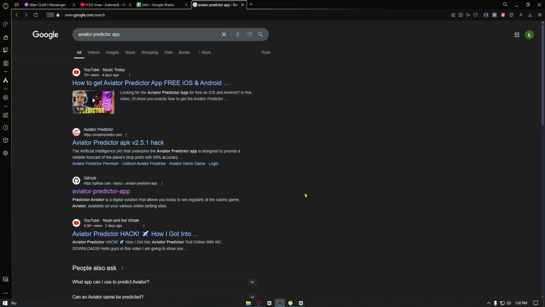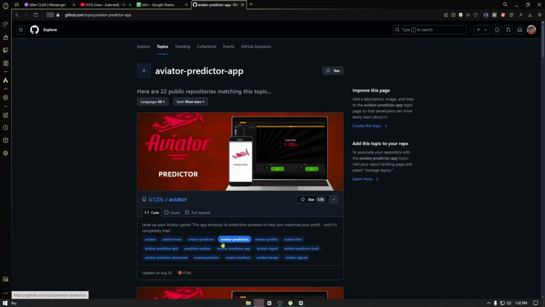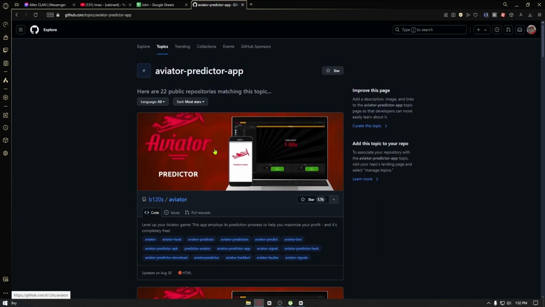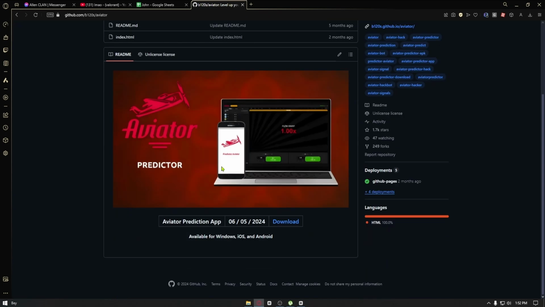Now first things first, you want to head over to your browser right here and search for Aviator Predictor app. You want to navigate through the GitHub page, and once inside, you specifically want to look for this user right here, which is from B120. Go ahead and click on his repository right here, and once inside, you can now go ahead and click on